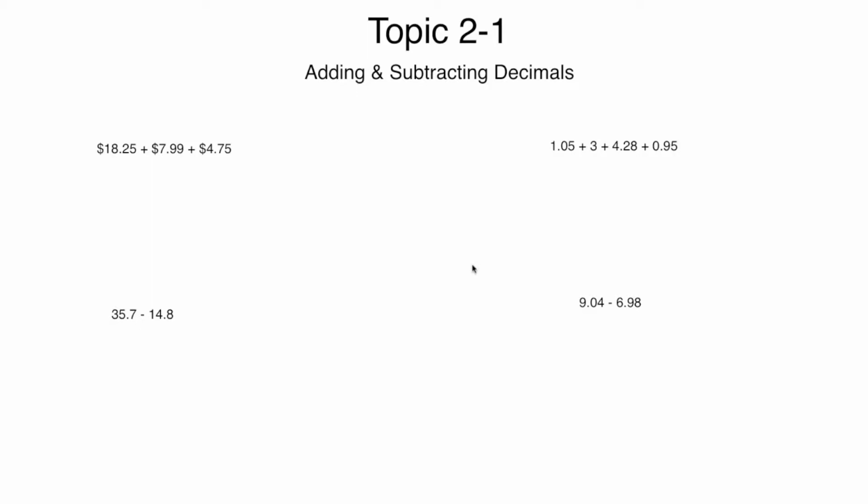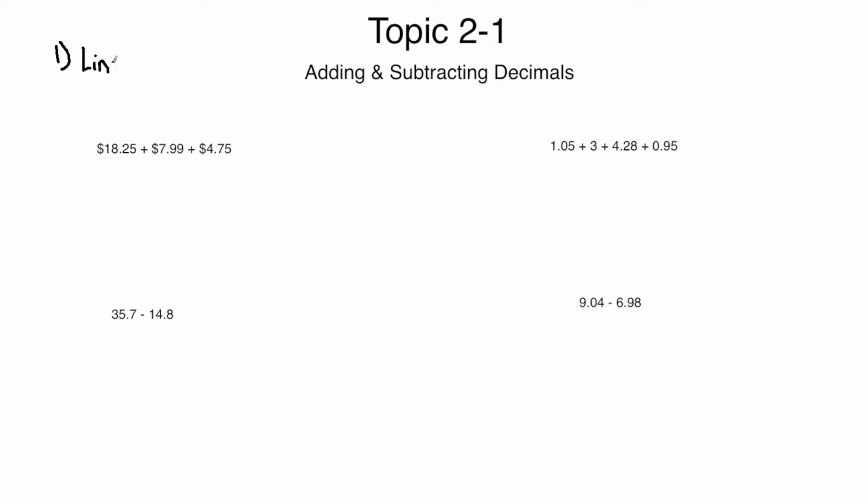Okay, in topic 2, we're going to be talking about adding and subtracting fractions, especially in topic 2-1. Now, there is only one rule for adding or subtracting fractions. One step,